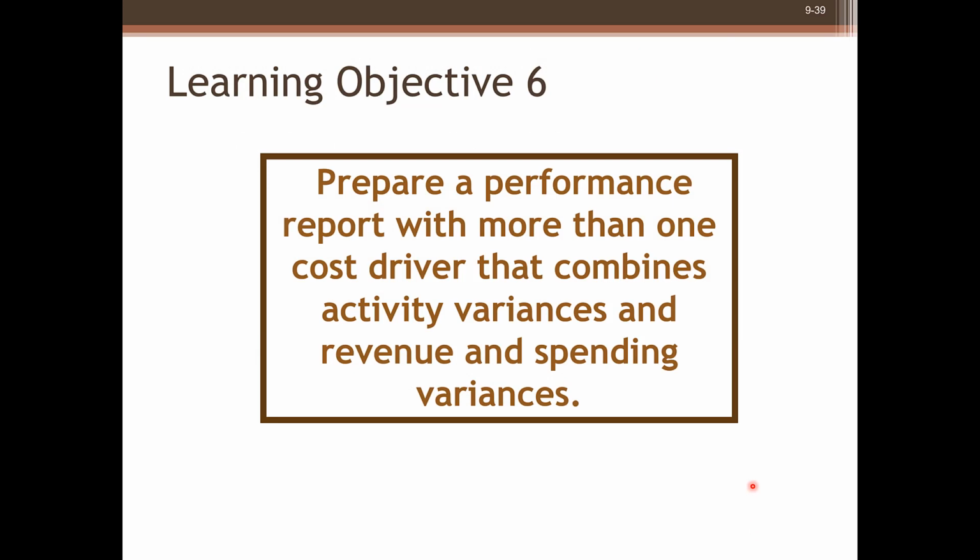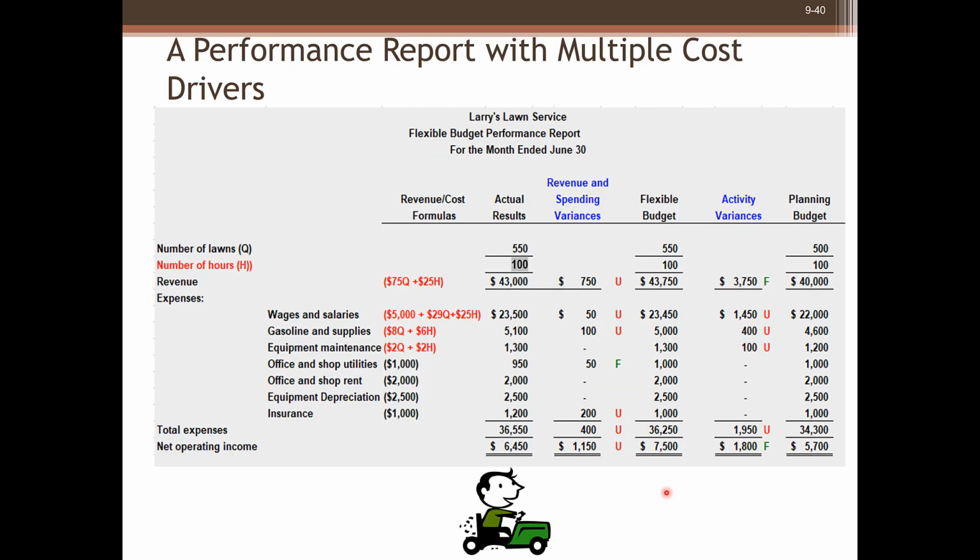Learning Objective 6. Prepare a performance report with more than one cost driver that combines activity variances and revenue and spending variances. This is a combined performance report with two cost drivers. Planning budget and flexible budget are the same as previous slides. The differences between planning budget and flexible budget are activity variances. We can see here,